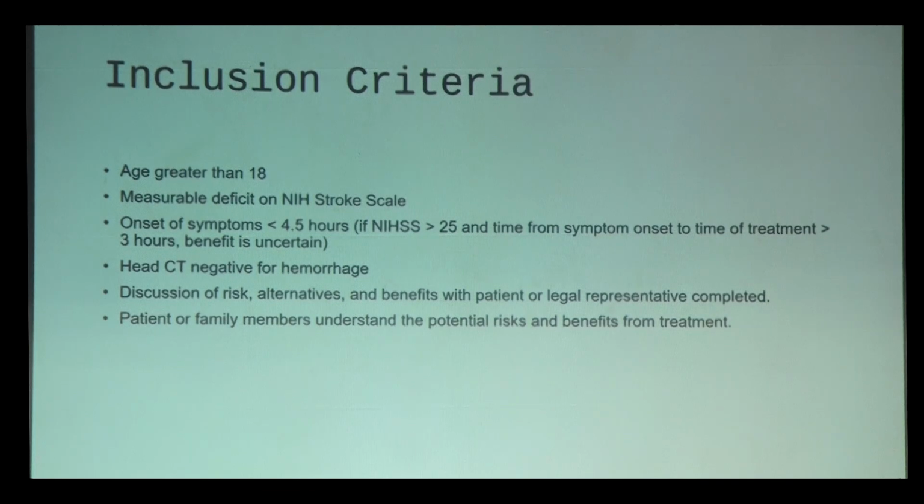So we'll see what are the inclusion criteria if the patients are eligible for the alteplase. The inclusion criteria: the patient is more than 18 years and they have measurable deficit on NIHSS and onset within 4.5 hours. And there are certain outliers for this onset within 4.5 hours, which we'll discuss in the next case scenarios. And especially the CT is negative for an intracranial bleed at that point of time. And then we have to discuss with the relatives, take consent and proceed with the